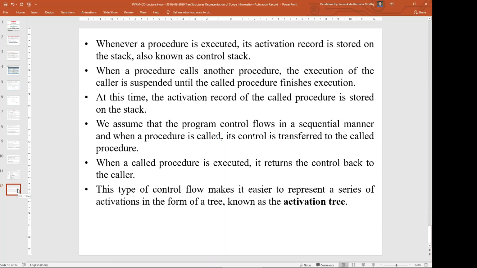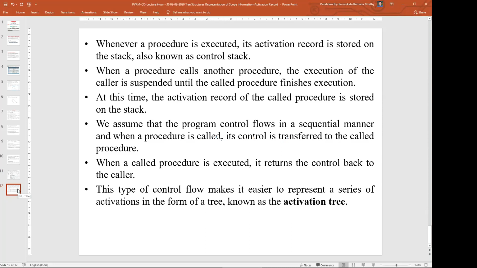We also assume that the program control flows in a sequential manner when a procedure is called. Be careful: we never execute functions in parallel. Internally, all actions happen in a sequential manner. When a procedure is called, its control is transferred to the called procedure.